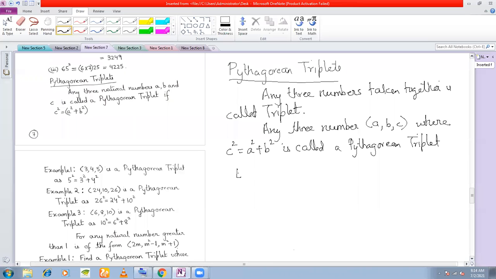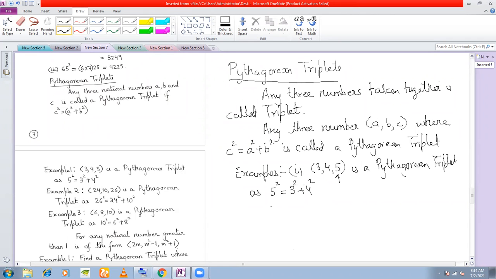Okay. Examples of Pythagorean triplets. First example, see 3, 4, 5 is a Pythagorean triplet. Why is it a Pythagorean triplet? As you see, this is your C. 5 square can be written as sum of 3 square and 4 square, right? Similarly, 6, 8, 10 is a Pythagorean triplet,